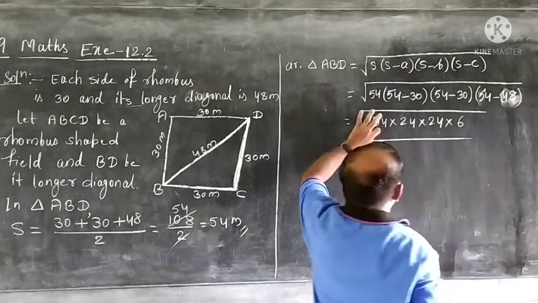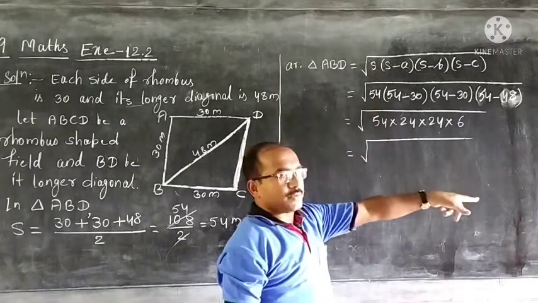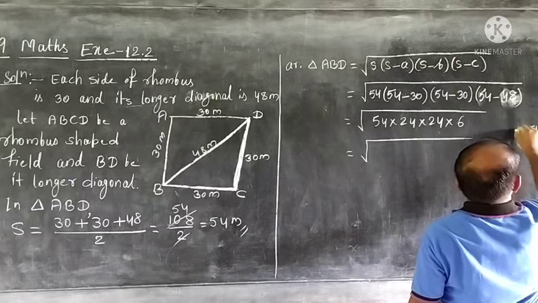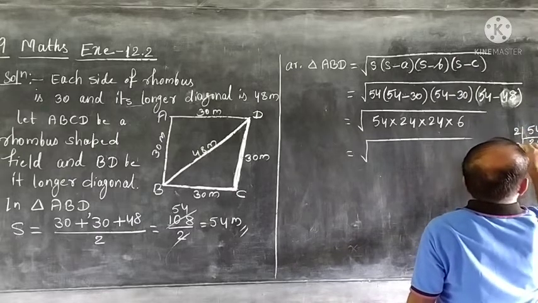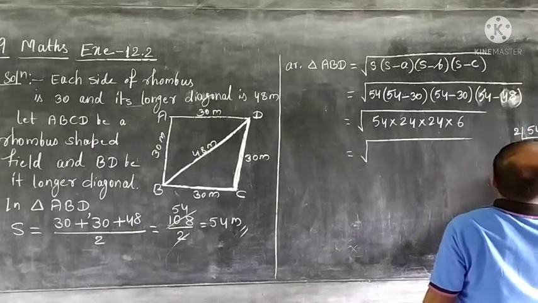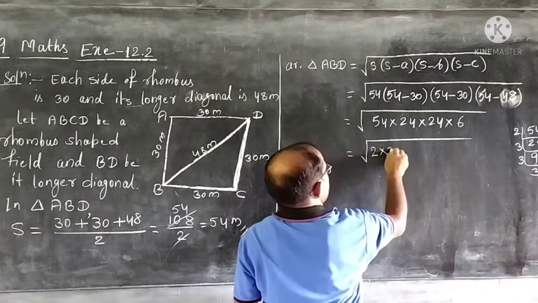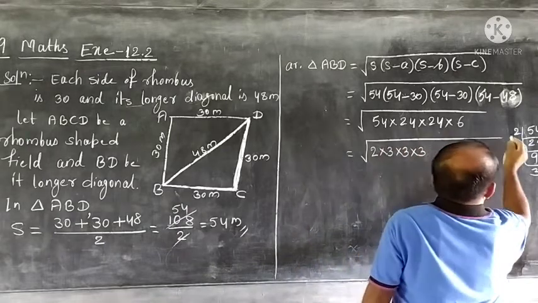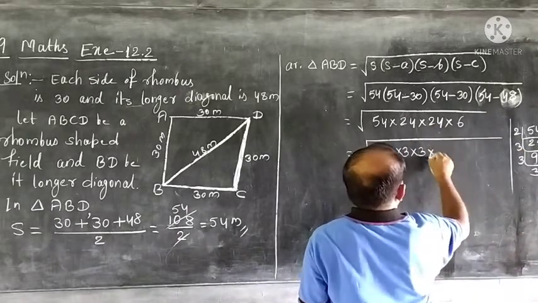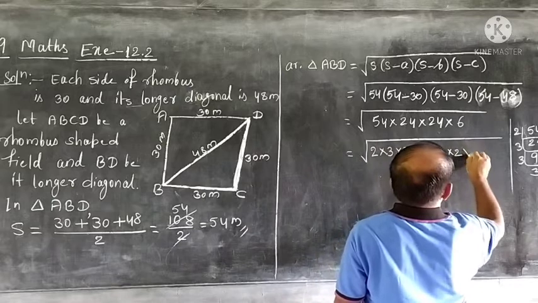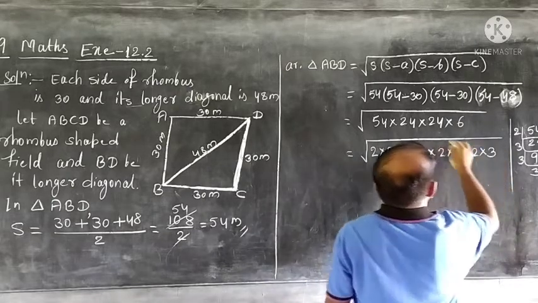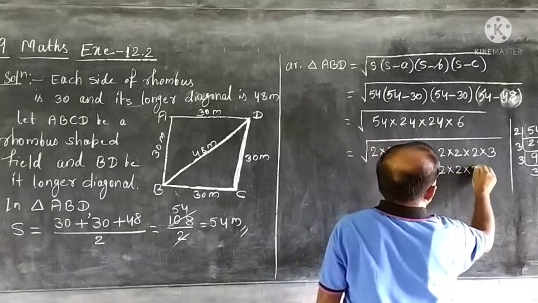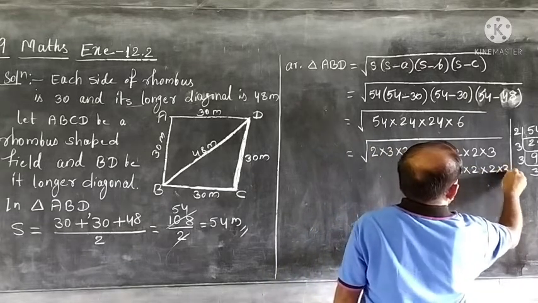Factorize the number which you can't do orally on the rough side. Let us see 54, if we cannot do orally. 54 by 2, 2 27s are, 3 9s are, 3 3s are. It is actually simple, we can do orally. 2 3s are 6, 6 3s are 18, 18 3s are 54. Then 24, 2 2s are 4, 4 2s are 8, 8 3s are 24. Again 24, 2 2s are 4, 4 2s are 8, 8 3s are 24, and 6 is 2 3s.